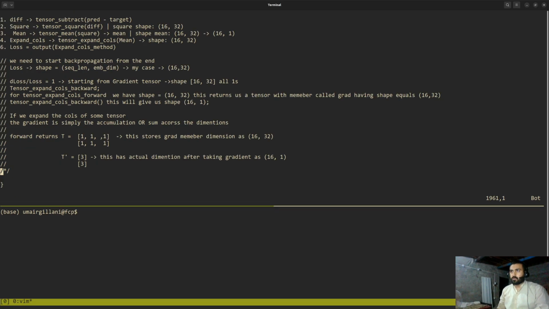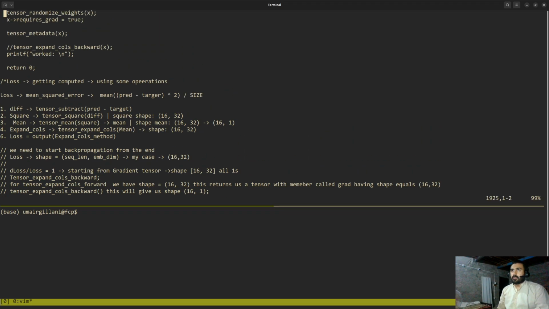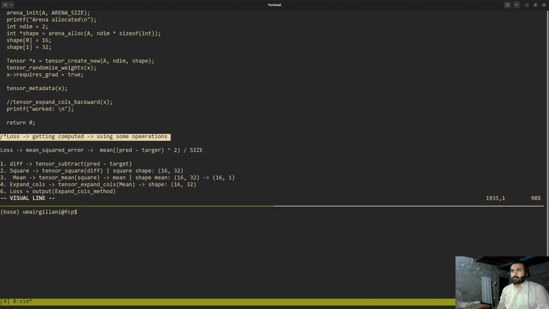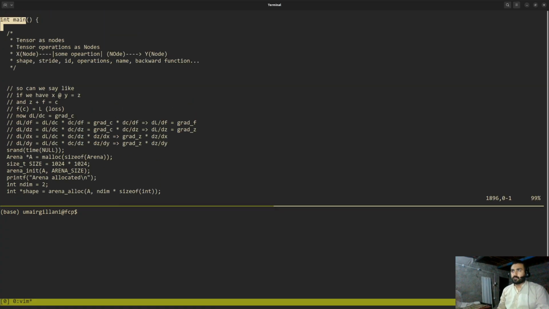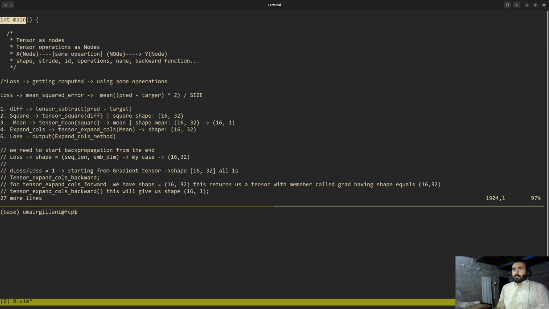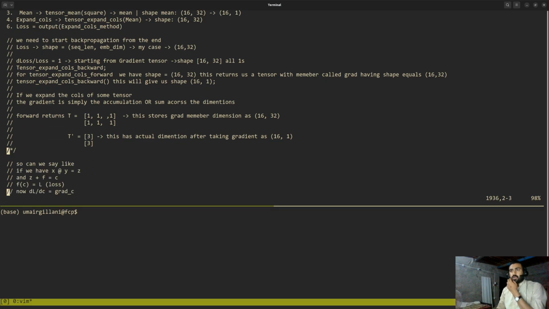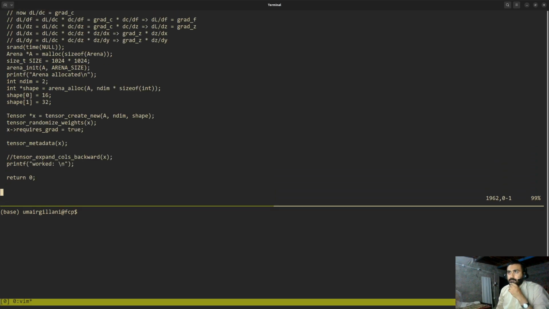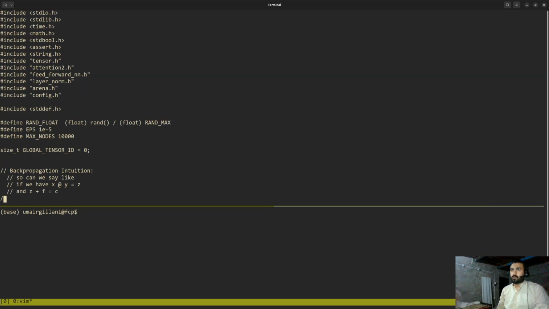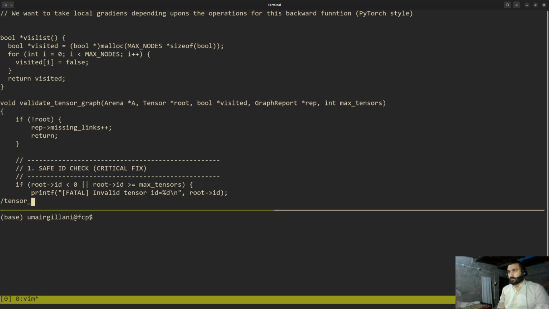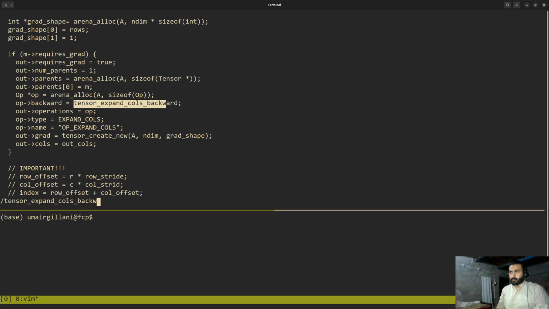And now if we just go to main, and main, let's just copy this thing from here and put them all here, yeah, like so. And then we have tensor external columns, and let's just see what actually are we doing. Tensor backward,